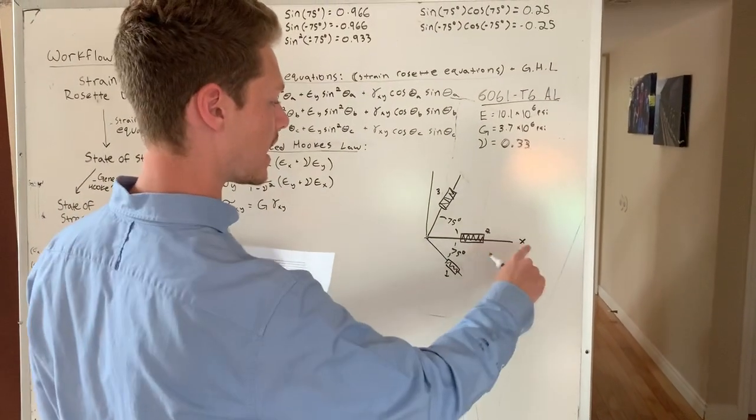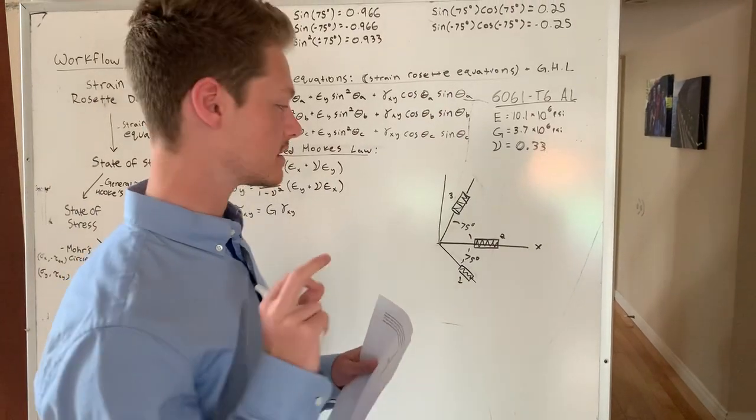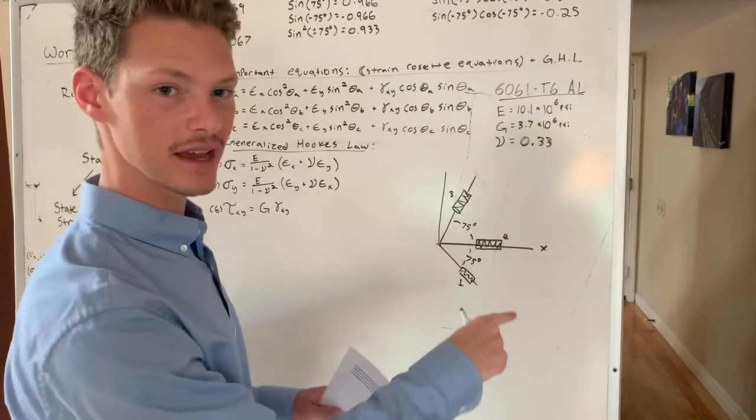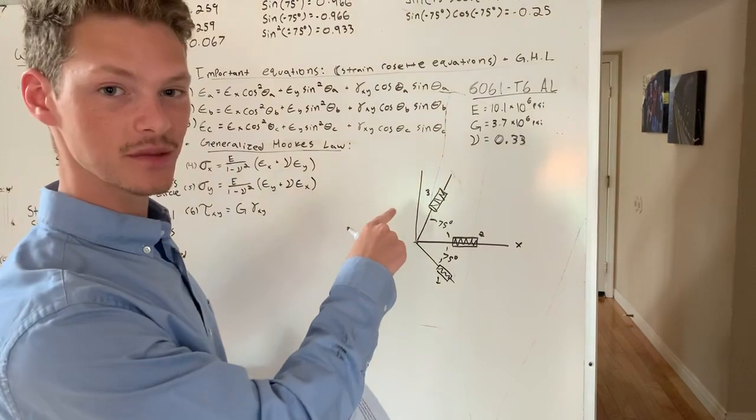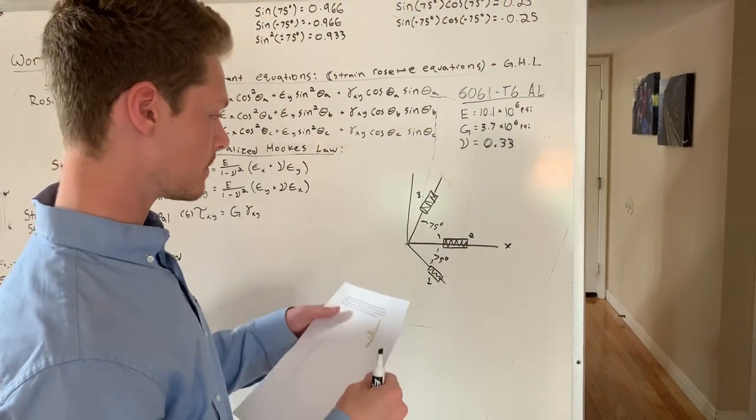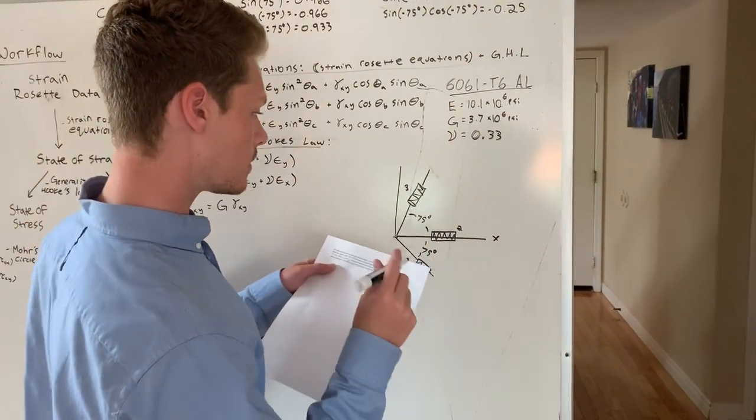All right, for our question here, it says that we have a 75-degree angle here, a 75-degree angle here, and gauge number 2 has 0-degree angles. We got to make sure to measure it from the x-axis. Counterclockwise is positive and clockwise is negative. All right, gauge 1 reads